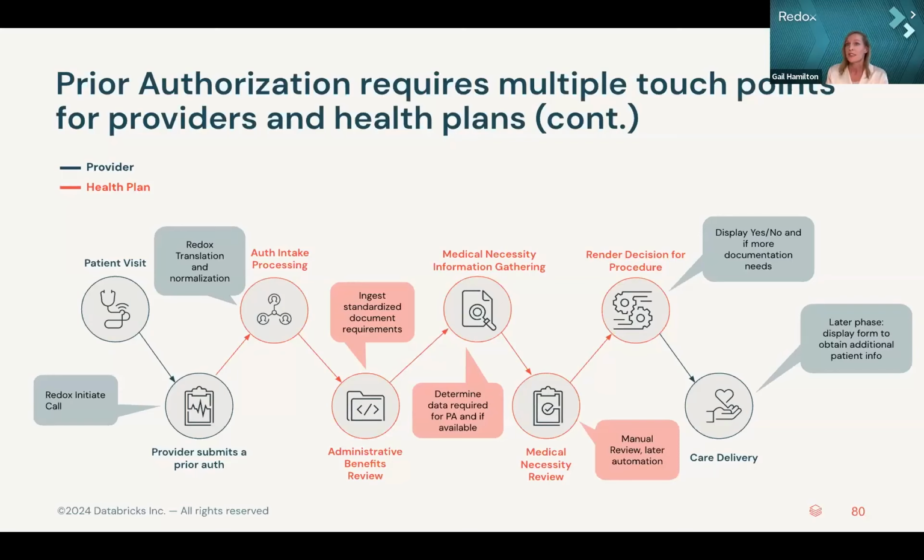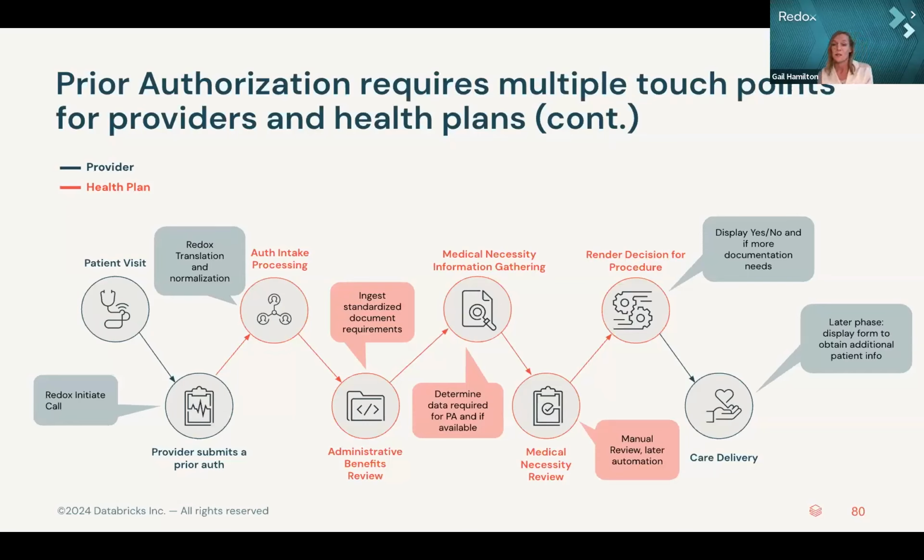So now it's sent to the payer system, and at this point, Databricks has the data in a format that is readily consumable, and Databricks can take that information and apply their AI and generative AI, so that if you have documentation requirements, maybe in that PDF document for that knee surgery, and you need that 12 weeks of physical therapy, that can be extracted, and